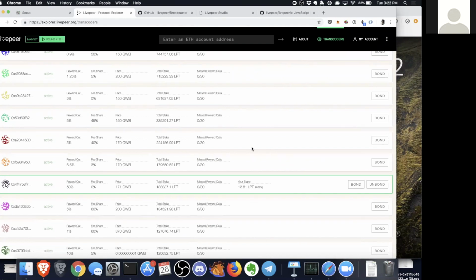People in the ecosystem stake towards them in order to help make the ecosystem more useful for everyone, and attract more users. So it's a really nice inbuilt funding mechanism within the protocol.